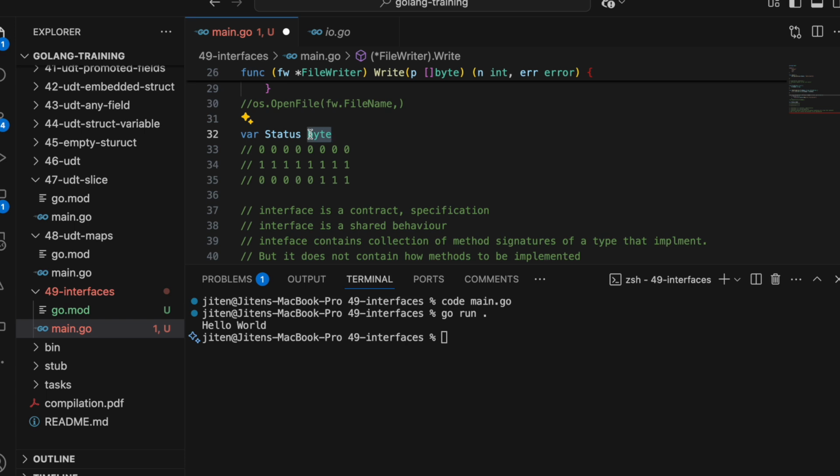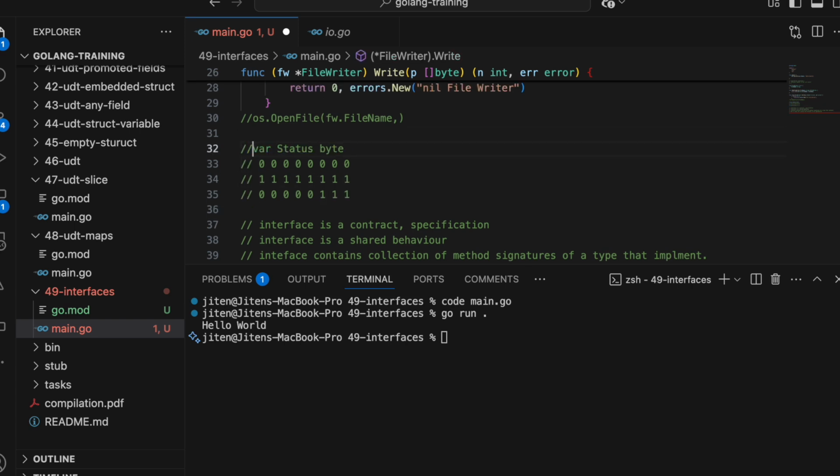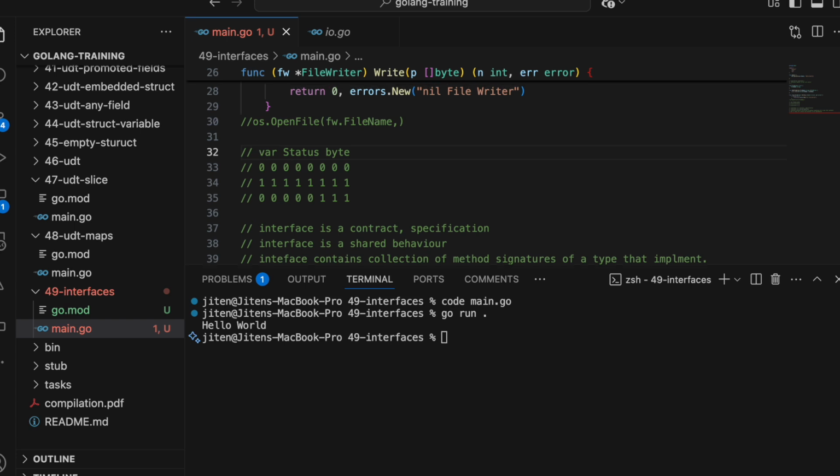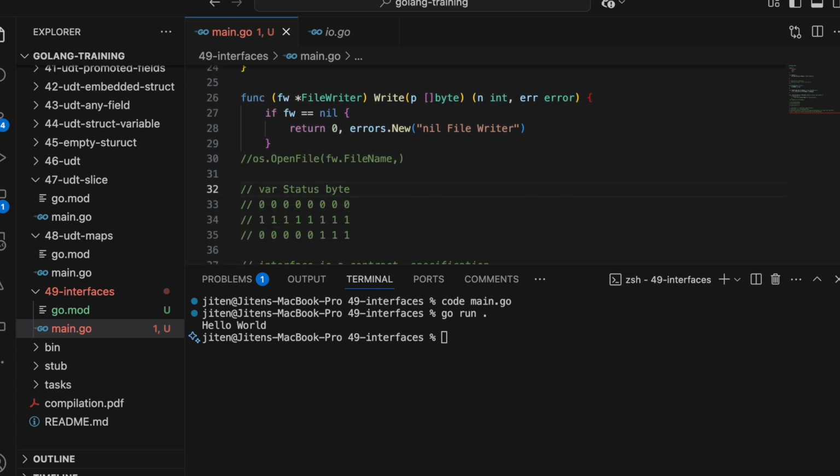Bitwise operations are very good, because you don't need to create a string and consume a lot of bytes. So similarly, if you look at this particular implementation,